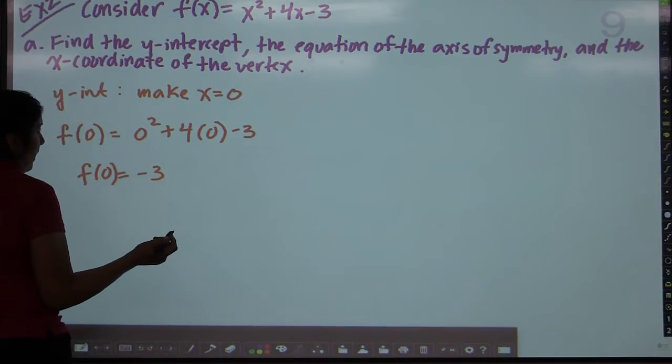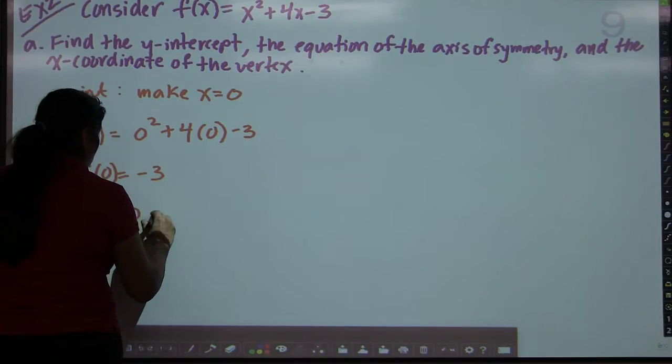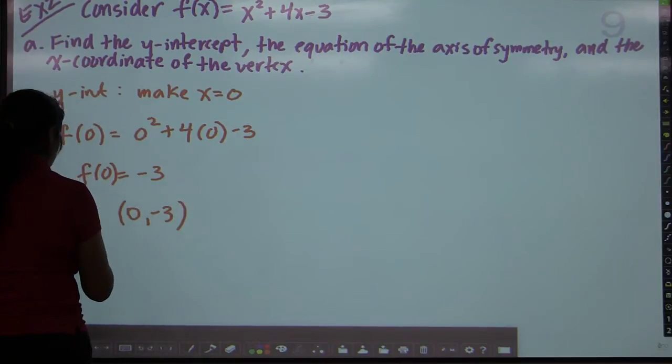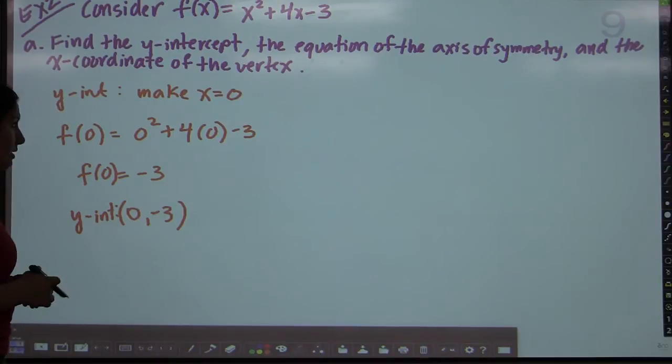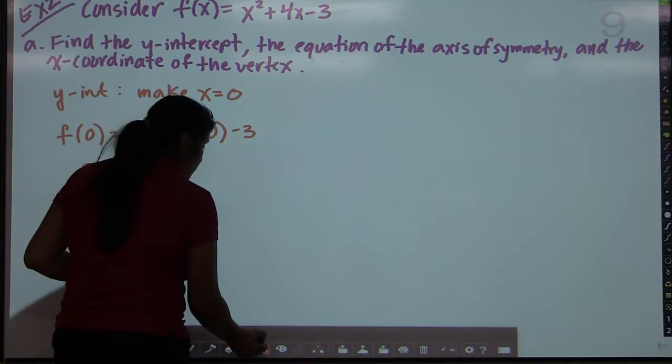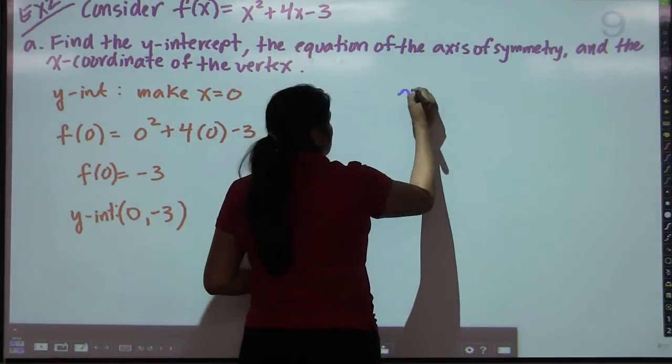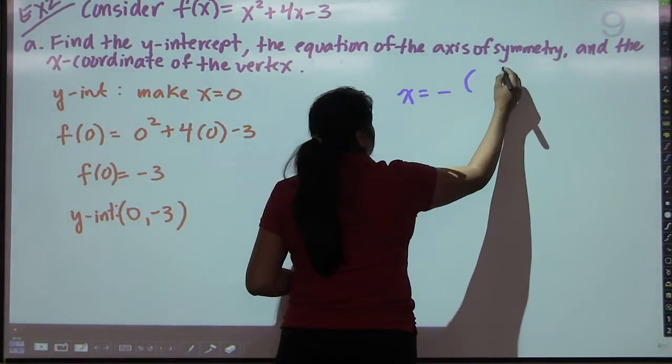Or in other words, the y-intercept is (0, -3). There is my y-intercept. Okay? Now to find the equation of the axis of symmetry, we need to do x equals negative b